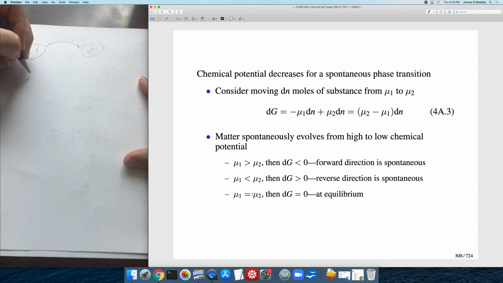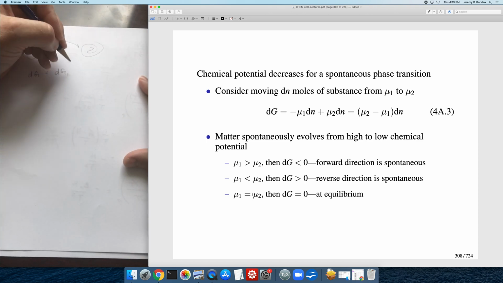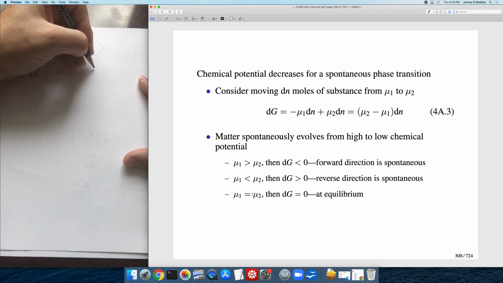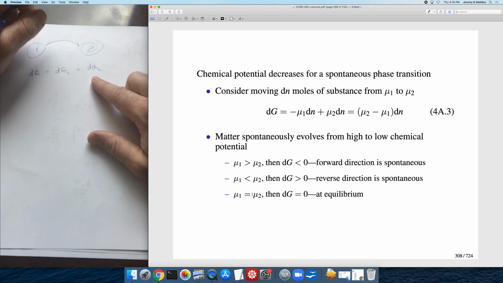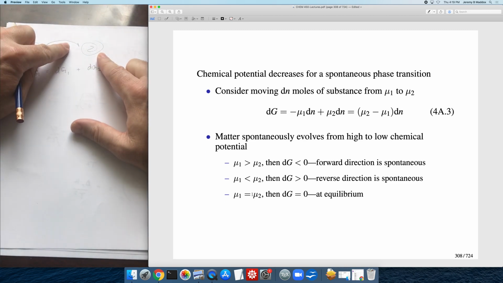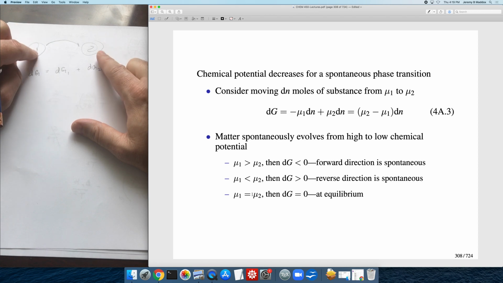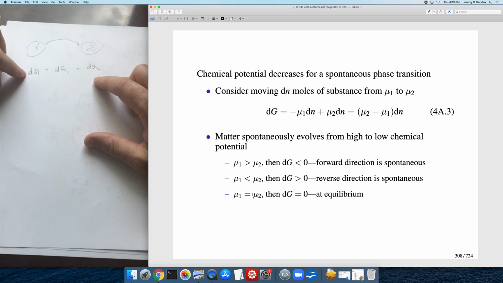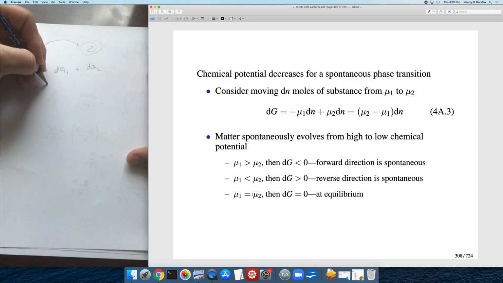So you can write it out like this. The total change in Gibbs energy is going to be the change in Gibbs energy for this phase plus whatever the change in Gibbs energy is for this second phase. So you've got two things. Something's transferred, so the Gibbs energy of both these subsystems changes, and we're just adding them together. These are extensive quantities right here. Chemical potential is an intensive quantity, and so the way we can work it out is we can write,